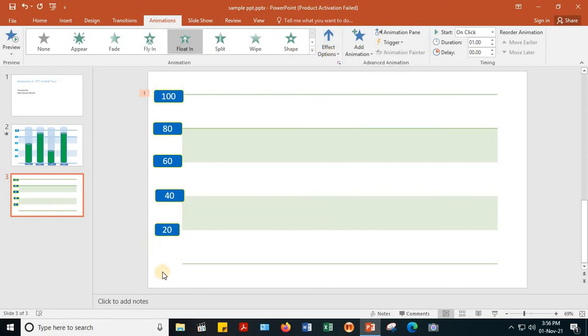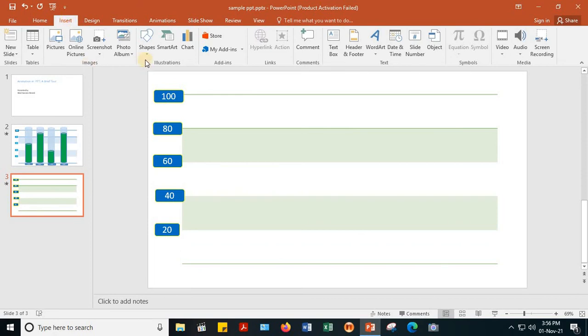So this is done. Now I need to create the tubes which will be filled up with the visual effect of liquid. So I go again to insert. These are the statistics for particular years, for example. In a similar way you can create an animation for the years also. Otherwise, you can just put the years in written form, simple.